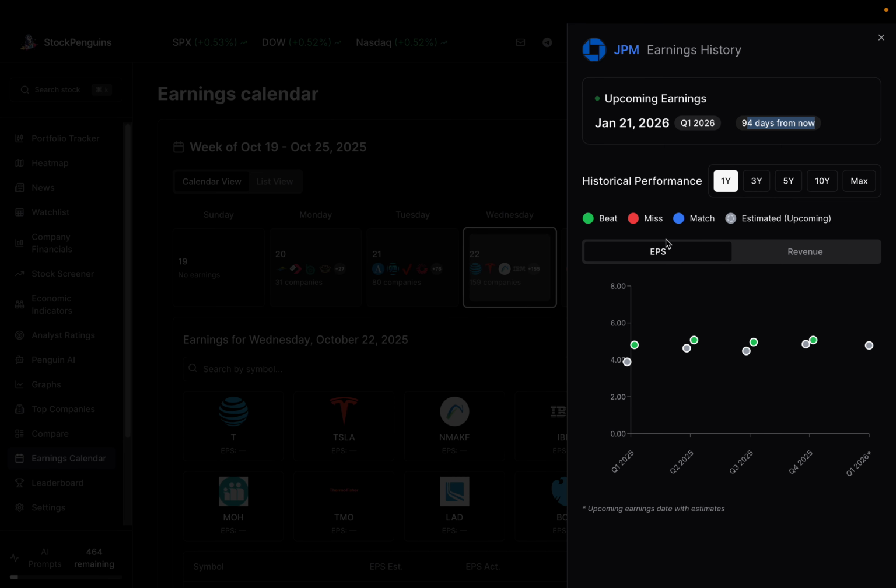for StockPenguins.com's earnings calendar too, you can see that we have provided information on up to 10 years, right, about the company's track record in beating EPS and revenue. So for example, JP Morgan just last week reported earnings, right? Its actual earnings per share reported was $5.07, which beat the estimates of $4.85, right? So it's a good beat. And you can see that consistently over the past year, JP Morgan has been beating as well. So this is a sign that this company is very well run, strong management team, and overall a good company,